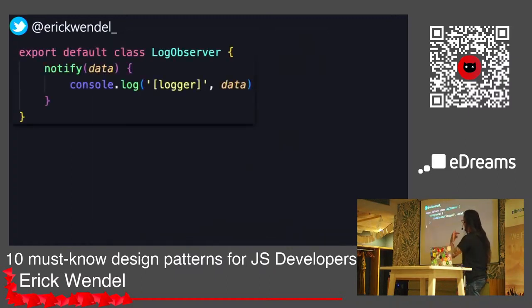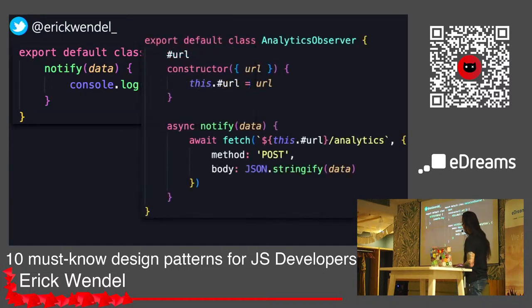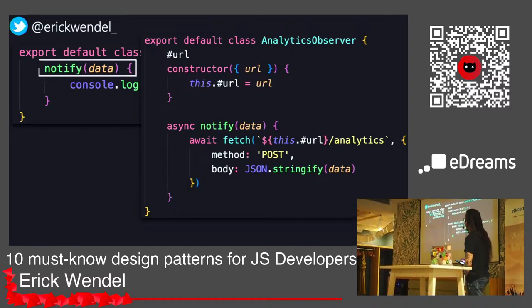All right. Well, thinking about the same thing, we can have different functions doing a bunch of stuff. What I'm going to do here now is try monitoring the performance of this API, sending events for different observers. So I will have the log observer, and I'm going to have the analytics observer. One is just going to print out results, and the other, every time I have something new, is going to send it to a different API. So this is pretty straightforward, and see, they are just following the same interface. They are using exactly the same name, and this is key for us to start working.